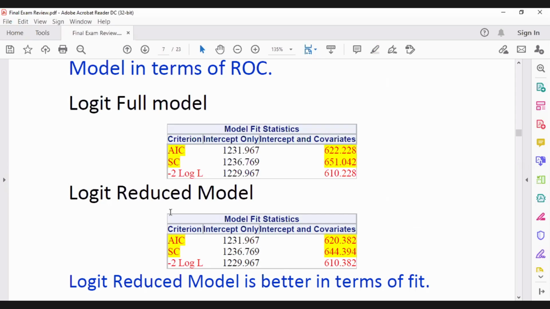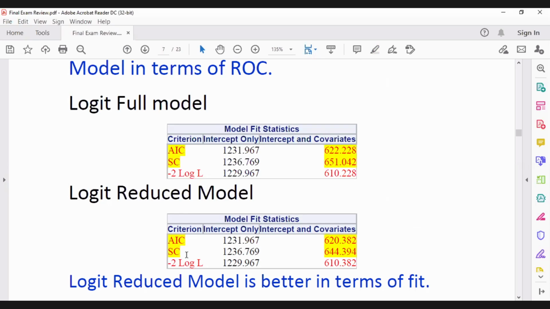In terms of fits, the reduced model is better because it is showing lower Akaike and lower Schwarz criterion. So the logit reduced model shows the lowest Akaike and lowest Schwarz criterion. So based on these two performance metrics, the reduced model is better in fitting the probability of y equal to 1 compared